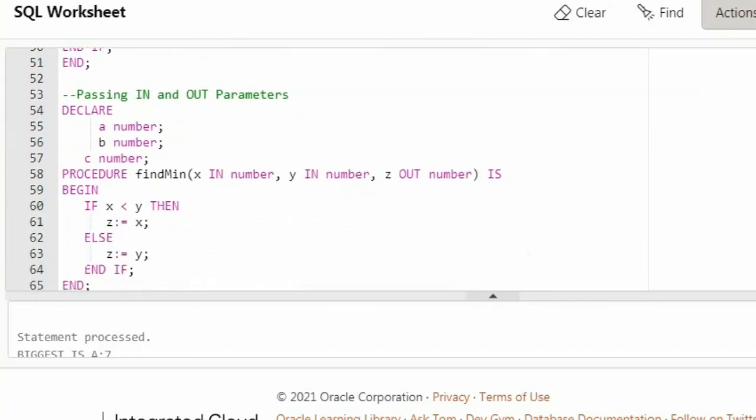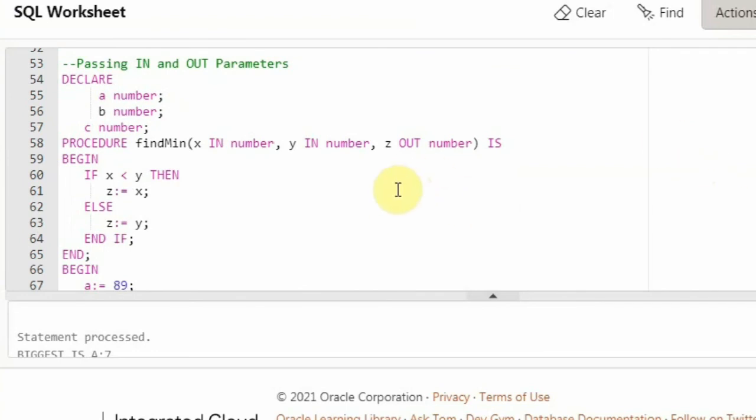Next is creating procedures. Procedures are like functions, like we write functions inside a program. So inside the PL/SQL blocks you can write functions. So those are called as procedures. Now I said the keyword procedure should be there. So I'm saying procedure, and this is the name of the procedure. So the name of the procedure is find min, and this